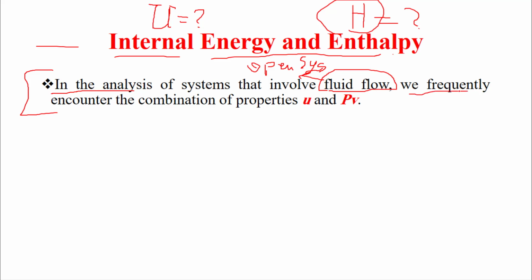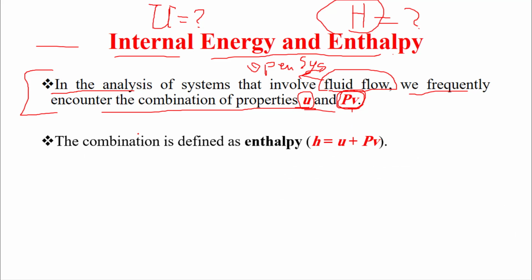Okay, we frequently encounter the combination of properties U and PV. We call U the specific internal energy, but what about PV? We call it flow energy. So the combination is defined as enthalpy. It is one form of energy, but this energy